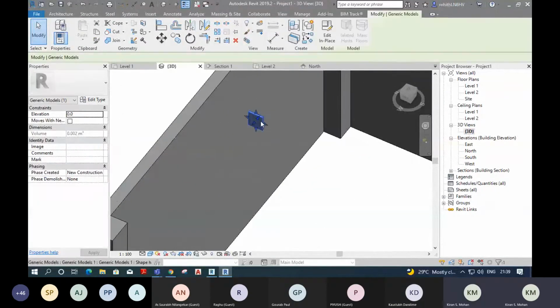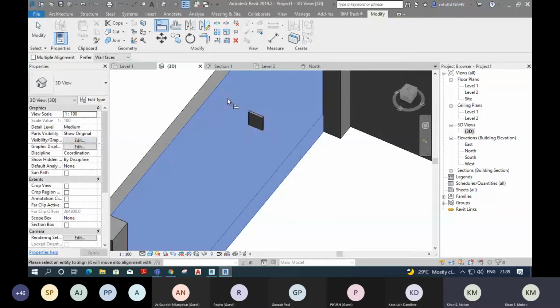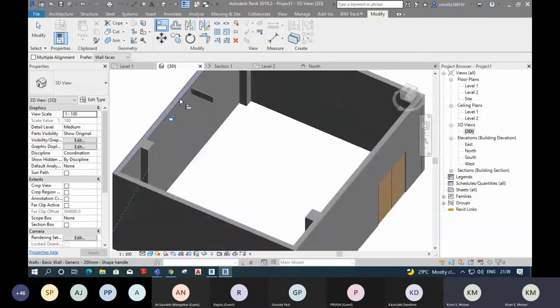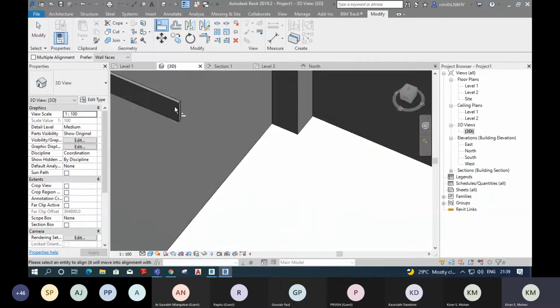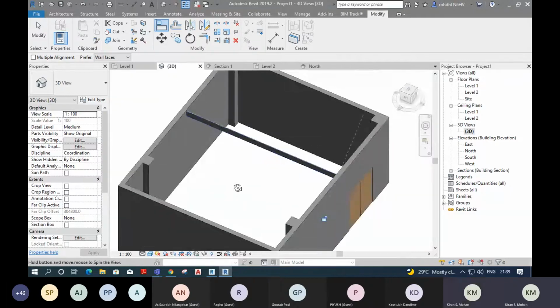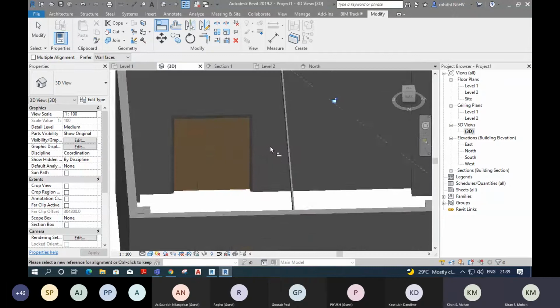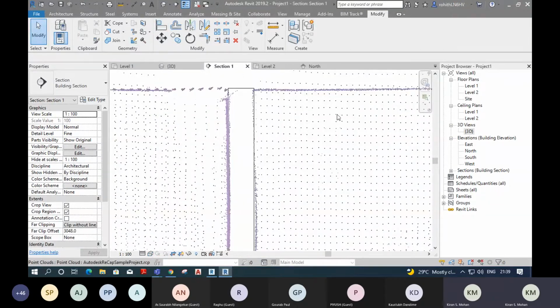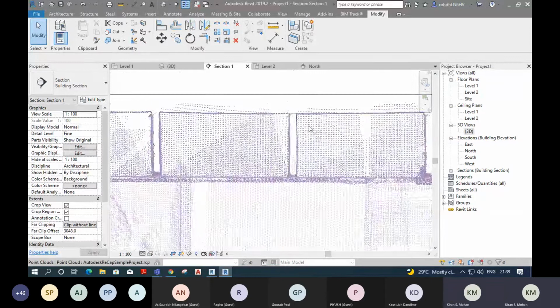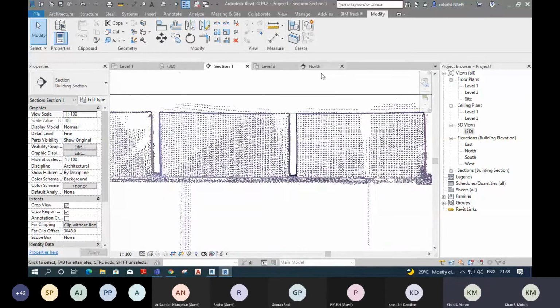Just go to section again. I'm using dimension lines. I'm making a dimension line in between this group of points. Now I am using this line for a reference. So just select it, go to copy option, select this edge.